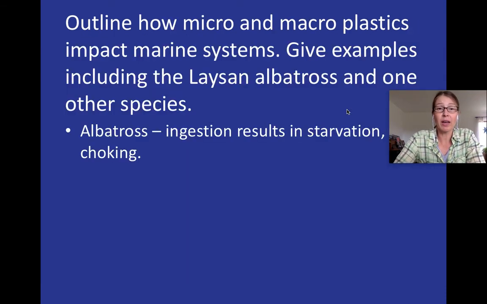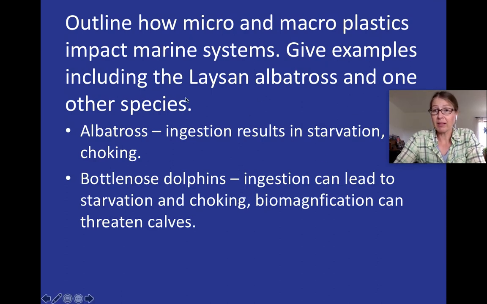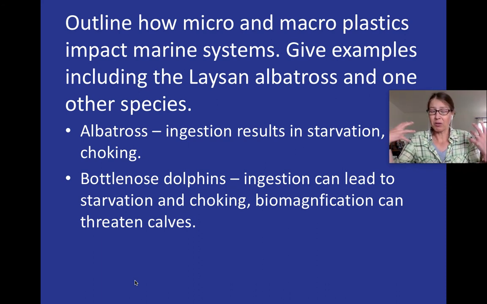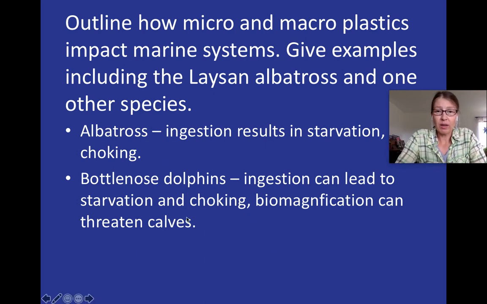You need to be able to look at a couple of examples of plastic within the oceans. Bottlenose dolphins and other whales and large mammals, by the time all of that accumulates in their fatty tissues, if they're at the top of the food chain, then it ends up getting expressed in the mother's milk, and they end up killing their babies. So there's some examples of bottlenose dolphins killing their babies with their own milk. And the mothers will convert a lot of their own fat into milk for the baby. So this is a really classic example of biomagnification with dolphins.